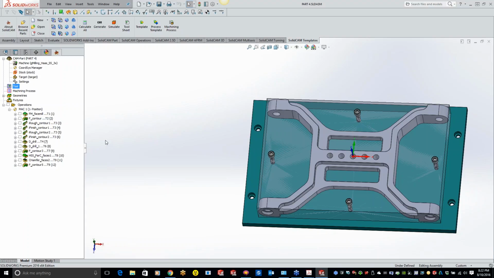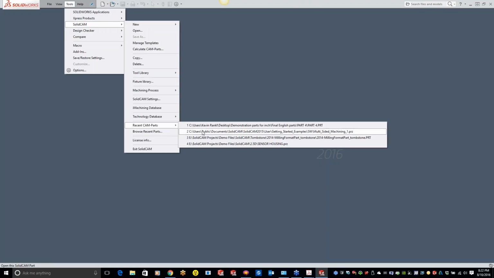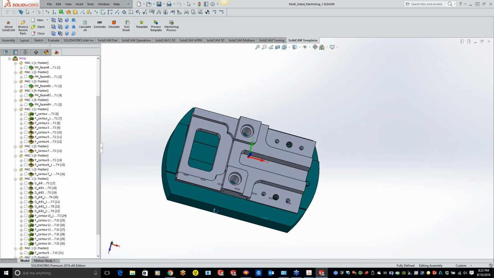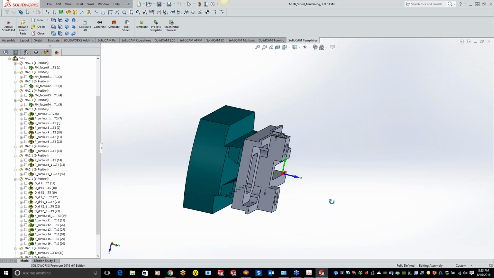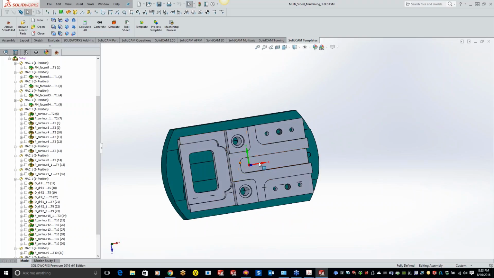But that does not matter. You can put those positions wherever you want. If I close out of this part and open the one we were just in, the multi-side, you'll see that the first one is on center, but it doesn't have to be. Everything is rotated around the center and it knows where it is with the part.